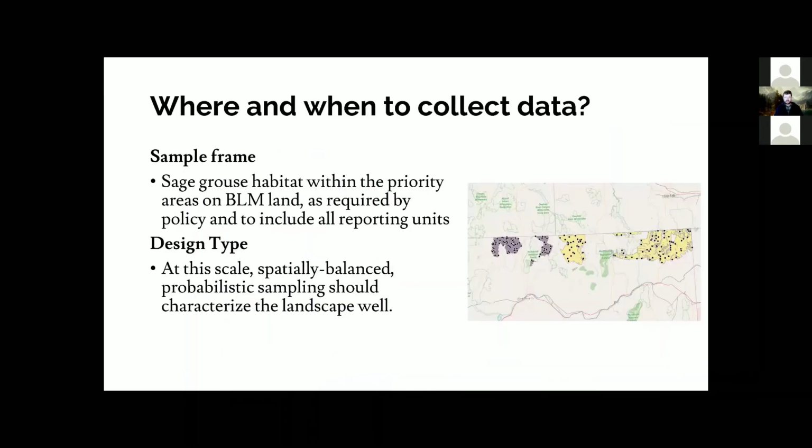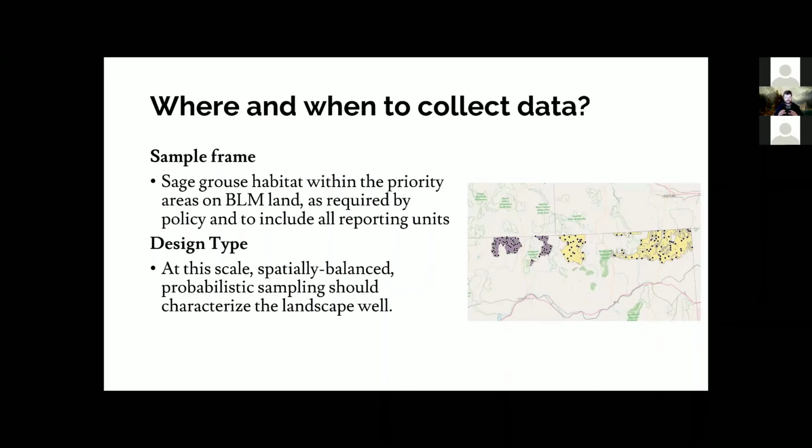And then we start talking about where and when to collect data. So the hardest part is figuring out your sample frame, and your sample frame is the full extent of all of the area and all of the time that you might place a plot to go collect data within. So if we need data on priority habitat, that means that our sample frame probably covers all of the priority habitat. We want to be able to put a sampling location anywhere within there. But the actual placement of those sampling locations is also complicated.